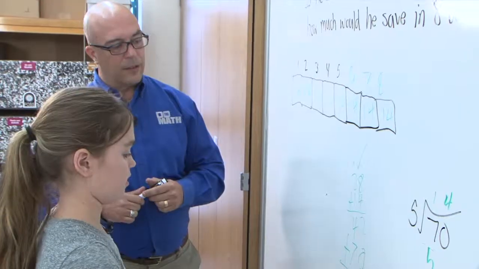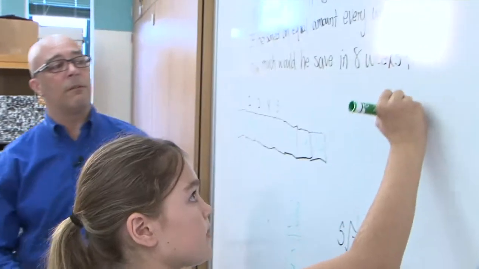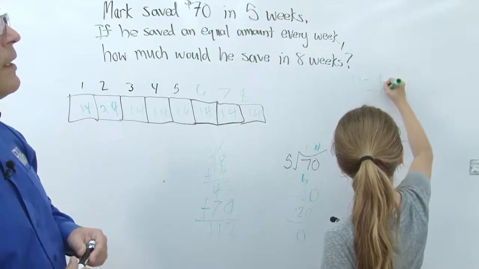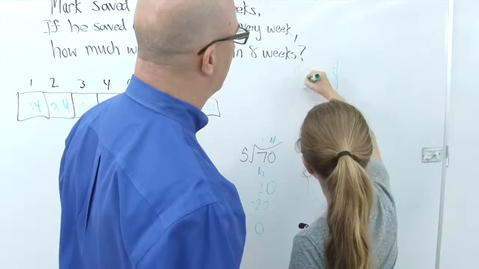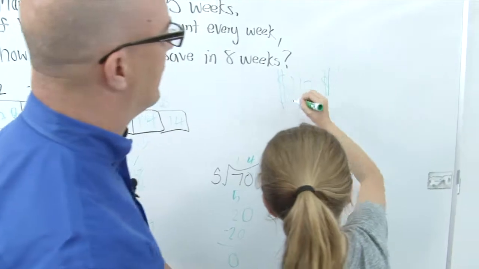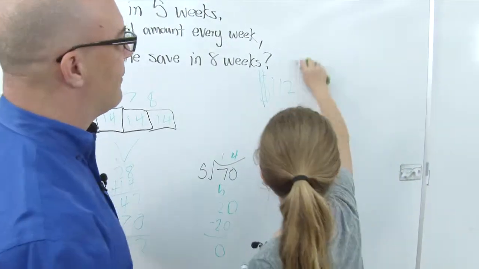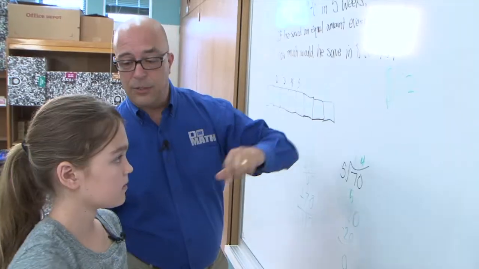He saved $112. All right, so why don't you go ahead and put the final answer right up here and write it appropriately with the correct symbols. And what we'll do is just put the $ sign on that side of it. Now nicely done. We'll erase that other one. You want to get that? And then what we'll do is on that side, we'll just put a decimal point and 2 zeros for the